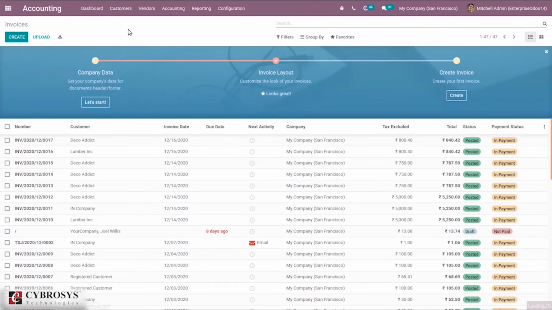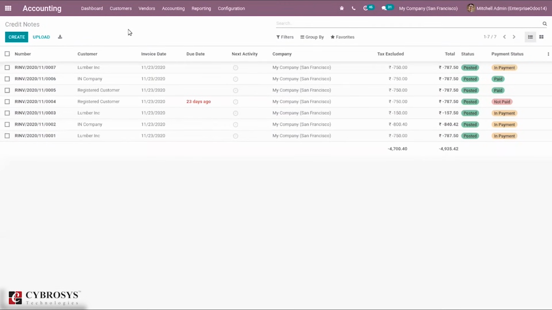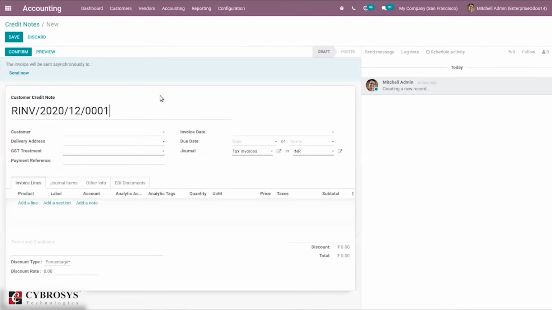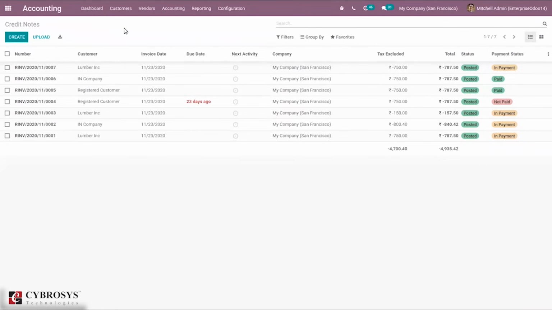Then here we have our credit notes, that is we can create credit notes to customers when there is an issue with the created invoice amount, or if the customers return the products due to damage. So you can create credit note from here. And we have seen we can also create credit note directly, that is from the invoice. So for that also we have done a video, that is how to create credit notes in Odoo 18. Then we can see customer receipts here.